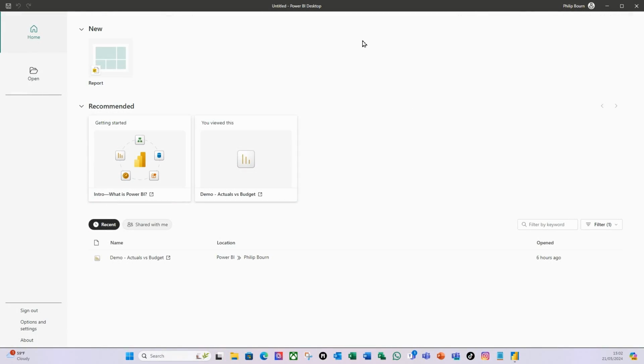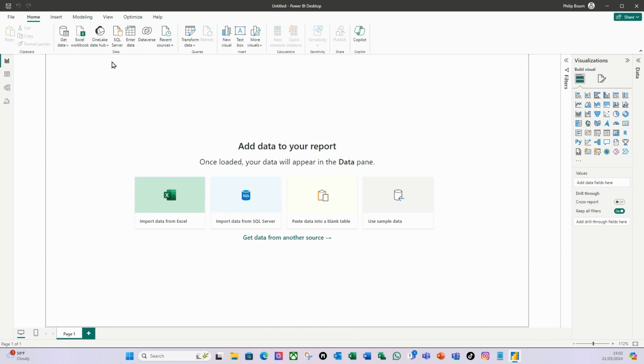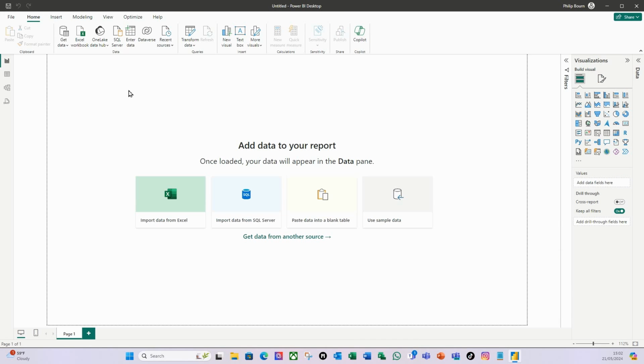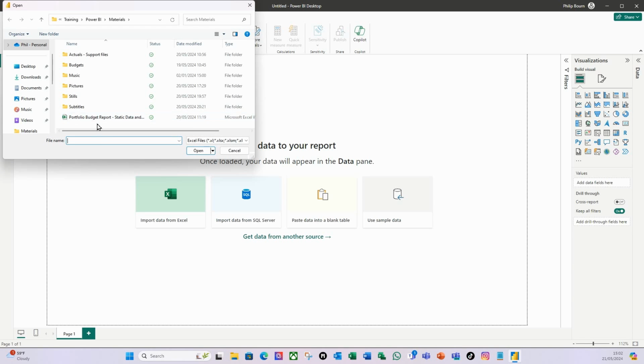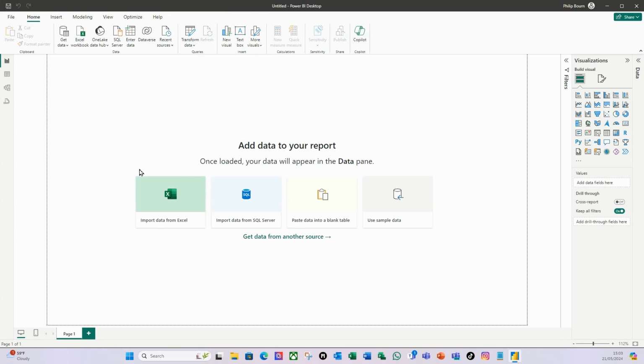So I've got my Power BI desktop application open and I'm going to choose new report here. So I'm going to select that. So the first thing I'm going to do is bring the data into the report. So I'm going to select Excel workbook. I'm going to navigate to where that Excel file is that's got the budget information and the cross-reference information, which is my portfolio budget report here. If I select that and open it,